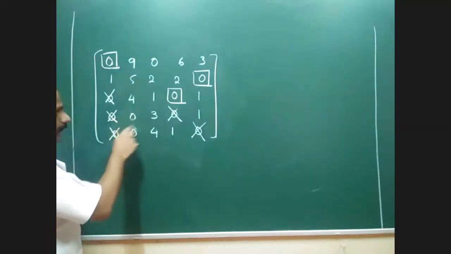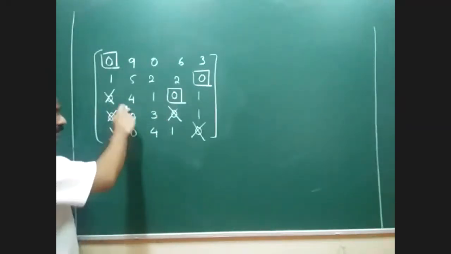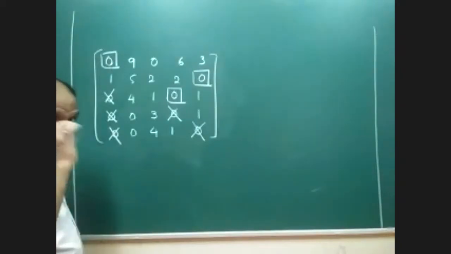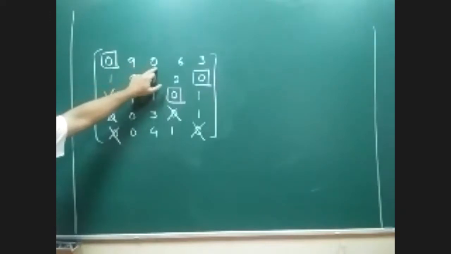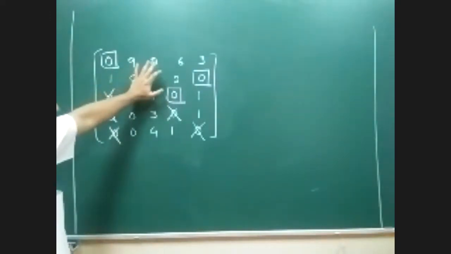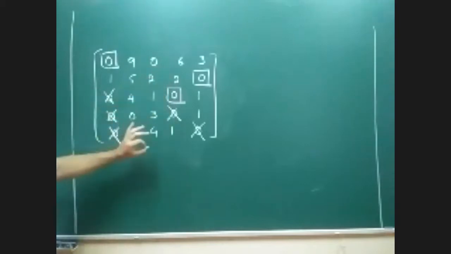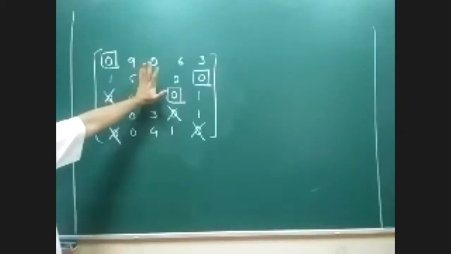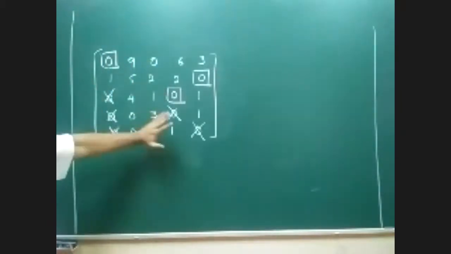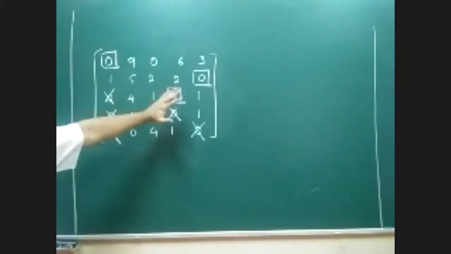If I select this, this gets blocked; if I select this, this gets blocked. Ultimately, either of these rows will actually become unallocated. So the only way we can resolve this problem is, instead of this zero, I should have taken this. It needs one extra step. This is where the trial and error method might come in, in very, very few cases. I think in 99% of cases you get the answer in the very first instance. Sometimes at the end, we may have to reverse it. That is the only hitch in this method. Otherwise, I personally feel this method is far easier.